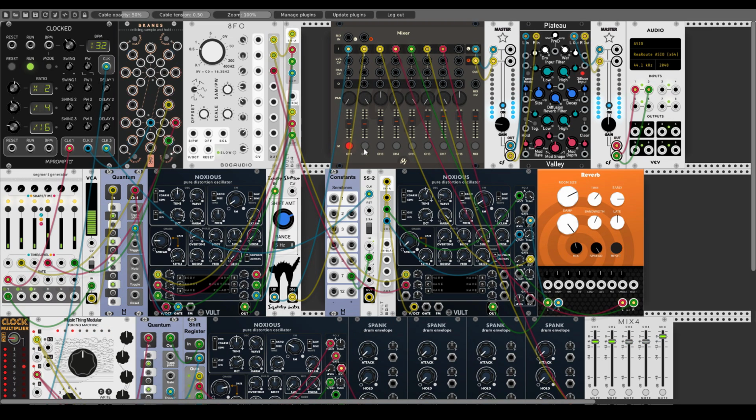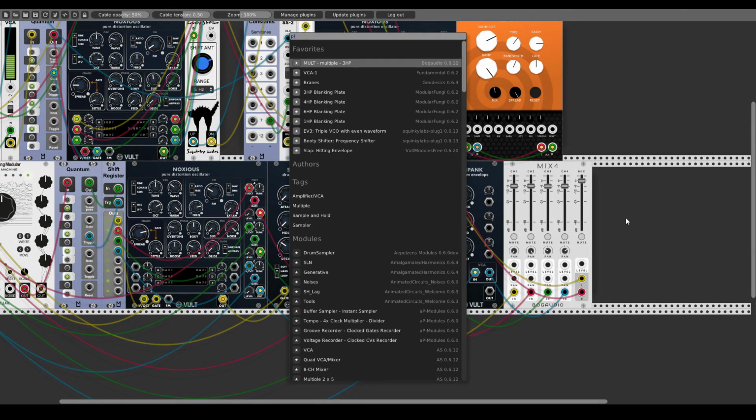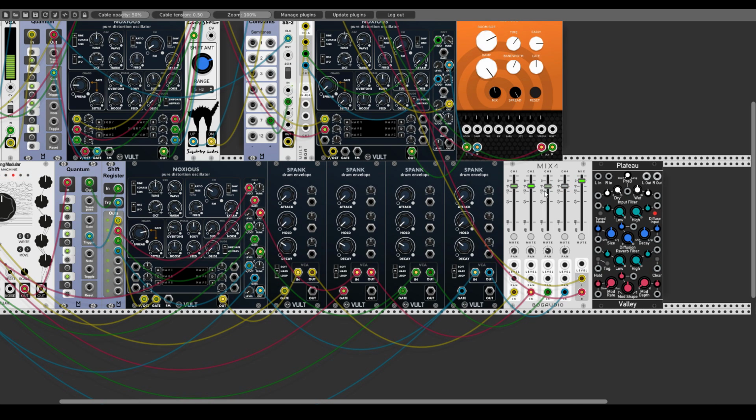Okay, now we can make this percussive sound or the percussive sounds a bit more interesting by adding a Plateau from Valley. Let's do this. Very nice. Now let's set this to tuned mode. Let's take the diffusion input out also. Now the reverb in tuned mode will be tuned to musical notes, and this will cause the sound to be a bit more live sounding, so something like this.